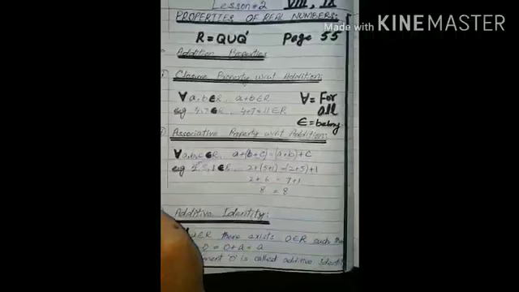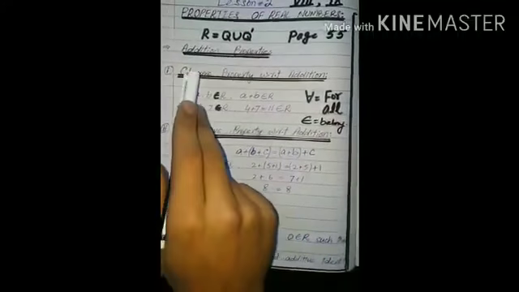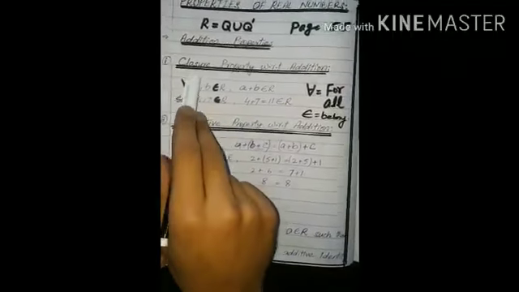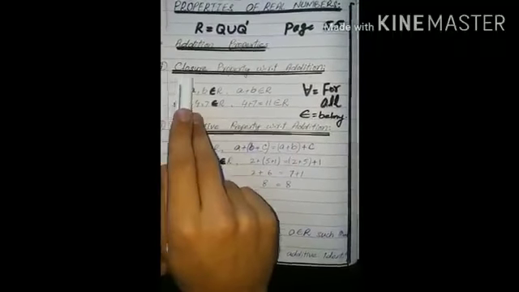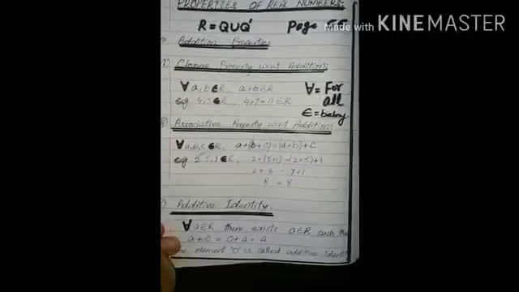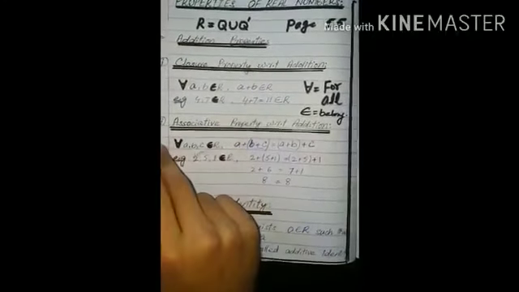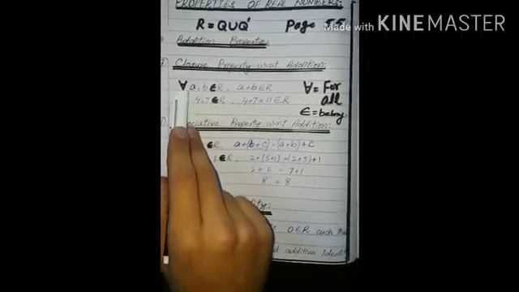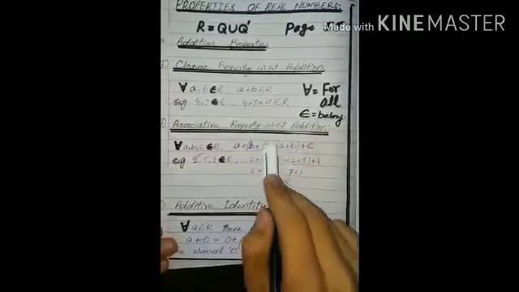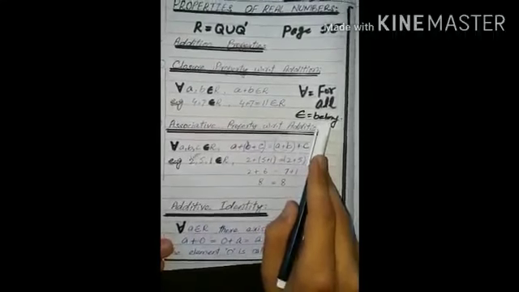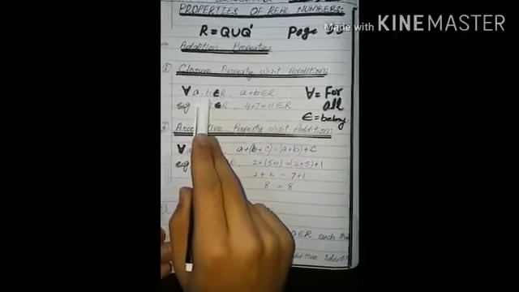Now real numbers have different properties, but first I'm going to teach you about the properties of the addition operator, in which the first property is the closure property with respect to addition. Before explaining this property, let me tell you about these symbols. This upside down A we read as "for all", this symbol we read as "belongs to", and A and B represent any two real numbers.